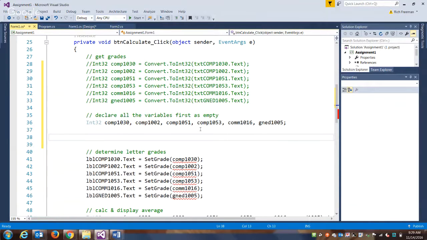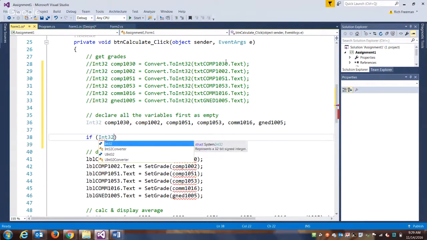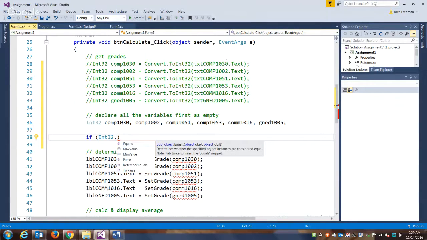So now, one at a time, we're going to try to fill each variable from the box, but we're also going to check whether the text input value is a valid number, a valid integer or not. And Max, as you suggested, we're going to use an if. So our Int32 class in C# has a method we can call, which we see here. Which method do you think we want to execute that will tell us if a certain value is a number? Yeah, that's right, Ernest. Rather than Parse, we're going to call TryParse, because it might work,